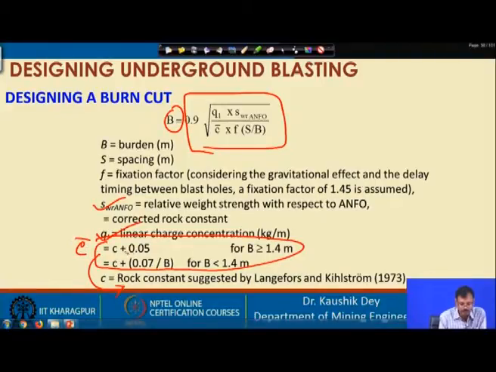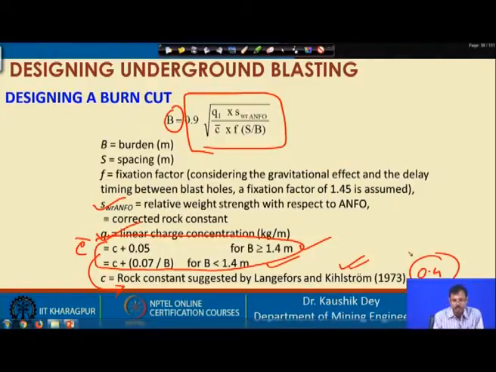This C bar is equal to C plus 0.05 for this burden, where C is the rock constant suggested by Lange-Forss-Kihlstrom. In general, if it is not known to you, you can consider it is 0.4.